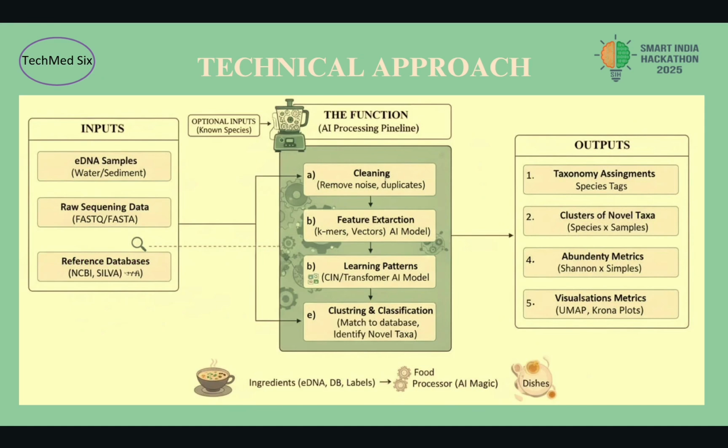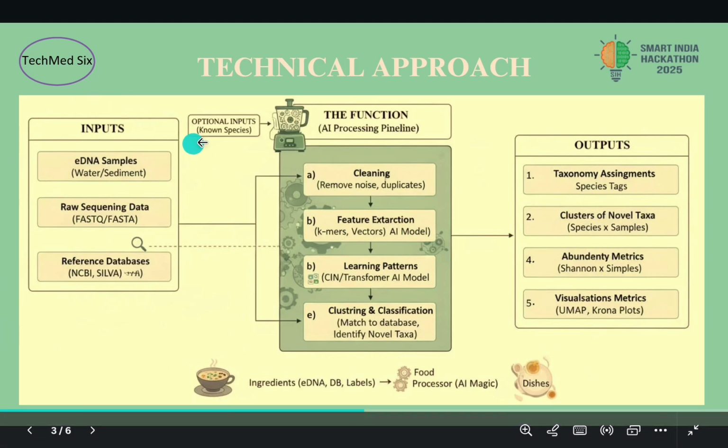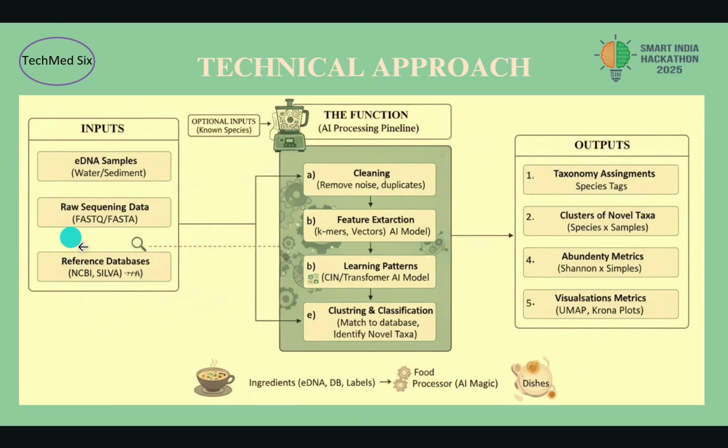The technical approach is as follows. Inputs come from various different sources, including NCBI and SILVA. These will be in the form of FASTA files, and we will pass this data through a network of sequential steps, starting with cleaning, where we reduce noise and duplicates. We will then pass the data to the feature extraction step, in which we will get k-mers and vectors using ML models. We will then learn patterns on it using transformer and CNN and AI models,